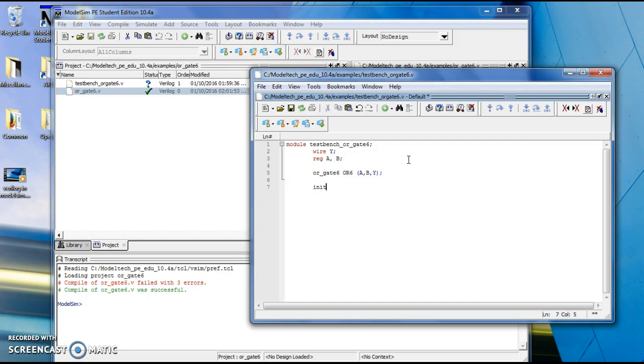Start with the initial begin. I'm just translating the truth table here. So we have 2 inputs, altogether 4 combinations. So for exhaustive testing, we can use all those 4 cases. So let's write it down. A equals 1 bit 0, B equals 1 bit 0 as well,